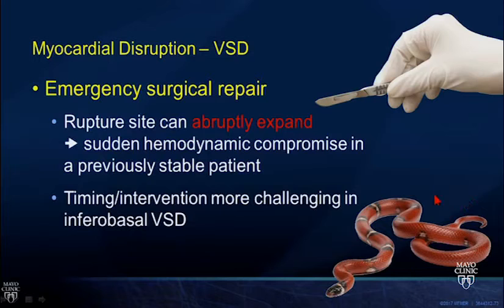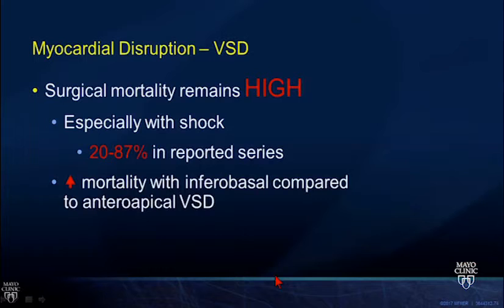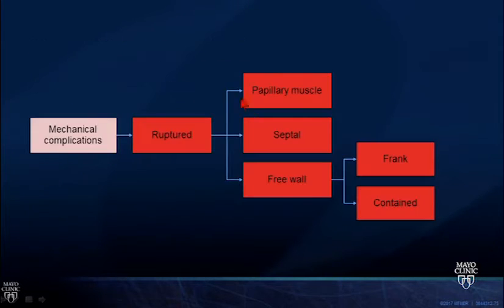And if they have one of those basal serpiginous ruptures, that can be really challenging. Sometimes the surgeon will say this is one that's really technically difficult and you may end up observing. Mortality is high with these, but we still send them to surgery if we can. Some of these we can percutaneously repair if the borders and the anatomy are amenable.